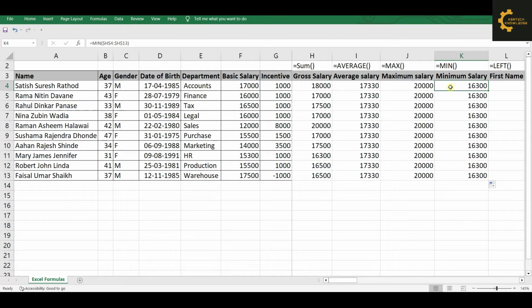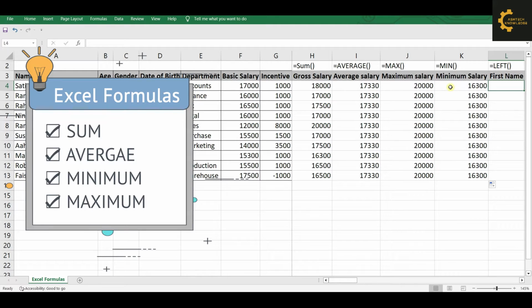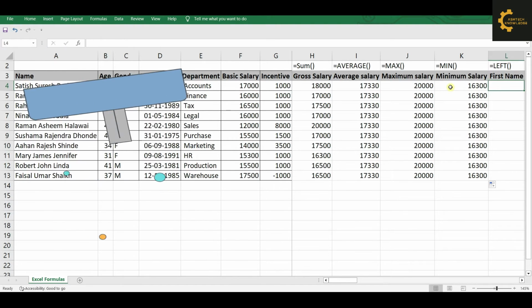अगर आपने पार्ट 1 अभी तक नहीं देखा है तो ऊपर आई बटन में लिंक प्रोवाइड कर रहा हूँ जिसमें हमने कवर किया है सम, एवरेज, मिनिमम एंड मैक्सिमम फॉर्मूलाज।